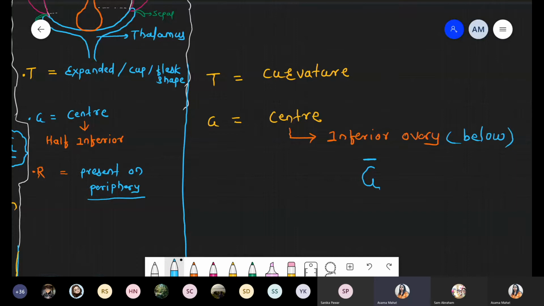Okay, and the last condition, that is R, for the rest of the floral parts except the gynoecium, where these are located. So now we are talking about these being located above the ovary. These are located above the ovary. Okay. So now we have to convert all this information into a diagram. So we are drawing the diagram. This part is done.